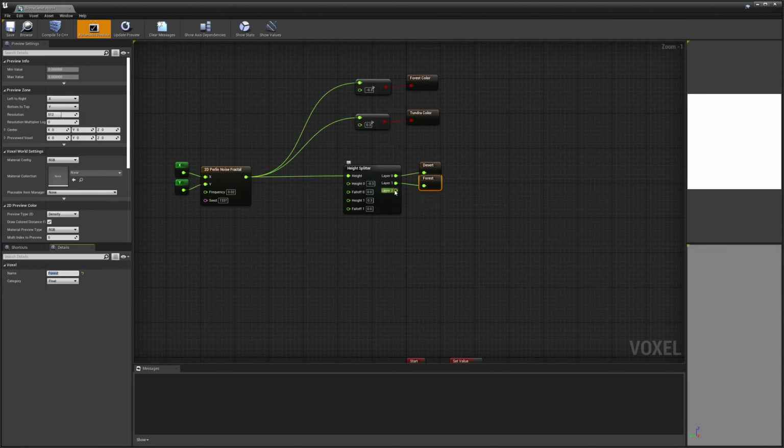This will give us a blend between the two areas. So we might not even end up needing these, but you're probably going to want these for like foliage and stuff. Anything that doesn't need the blending, it's probably more efficient to do that way than it is to be lerping between them. So then I want to grab forest,